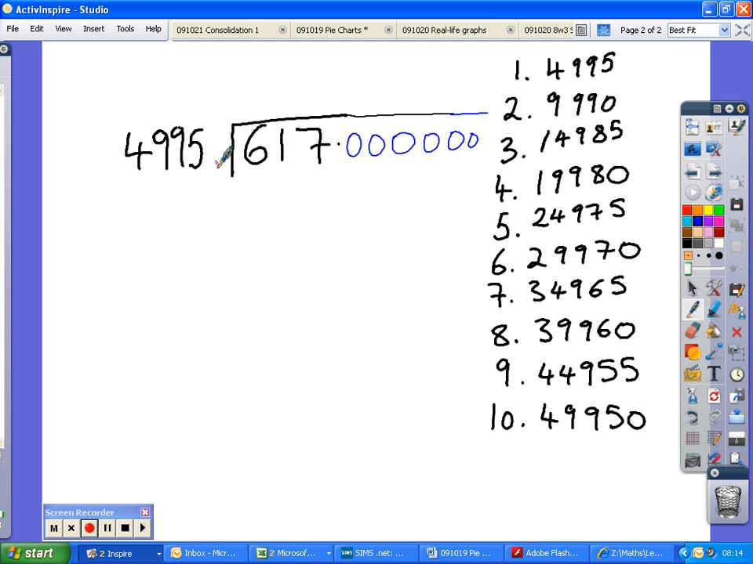And I can see straight away that 4,995 is not going to go into 617, so automatically I'm going to get a 0 there. I've now got 4,995 going into 6,170. You can ignore that decimal point for now. I need 1. One lot of 4,995 is 4,995. And if I do my subtraction, I get